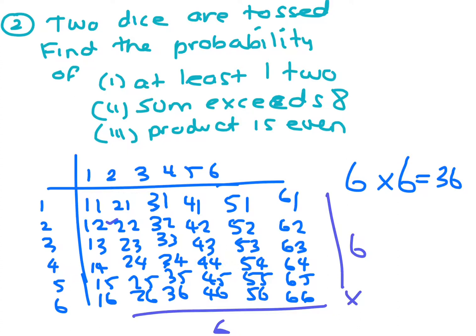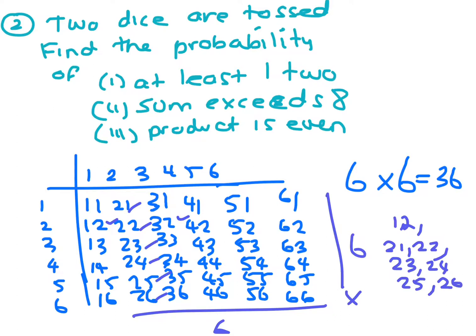So in the first column, there's going to be a 1 and a 2. The second column, there would be 6 of them: 2, 1, 2, 2, 2, 3, 2, 4, 2, 5, and 2, 6. So tick all those, and then there's 2 in each of the other ones. So there would be 6, plus 5 more. So there'd actually be 11 options. Okay, so it'd be 11 out of